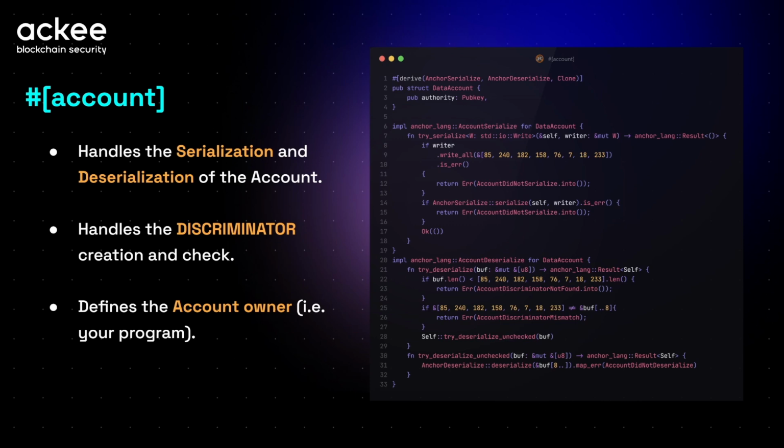One structure can be deserialized from the byte array as it contains 32 bytes, and the second structure can also be deserialized from the array as it can be 32 bytes. So you need to make sure that on the input of your instruction there is no mismatch between the accounts. That's why we have the discriminator, in order to uniquely distinguish between two account types.